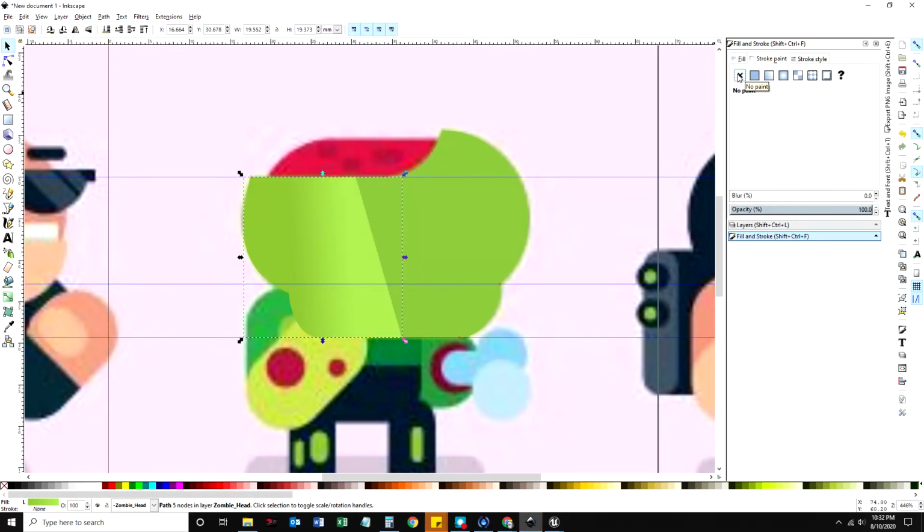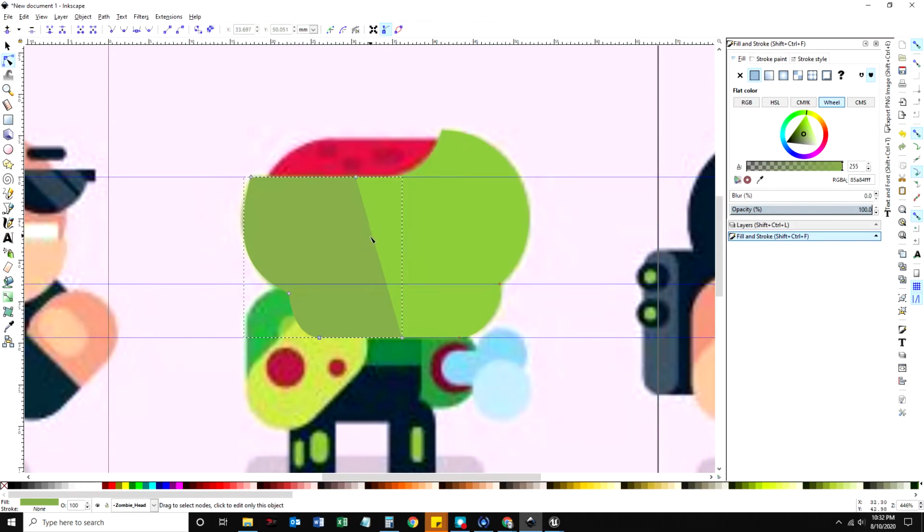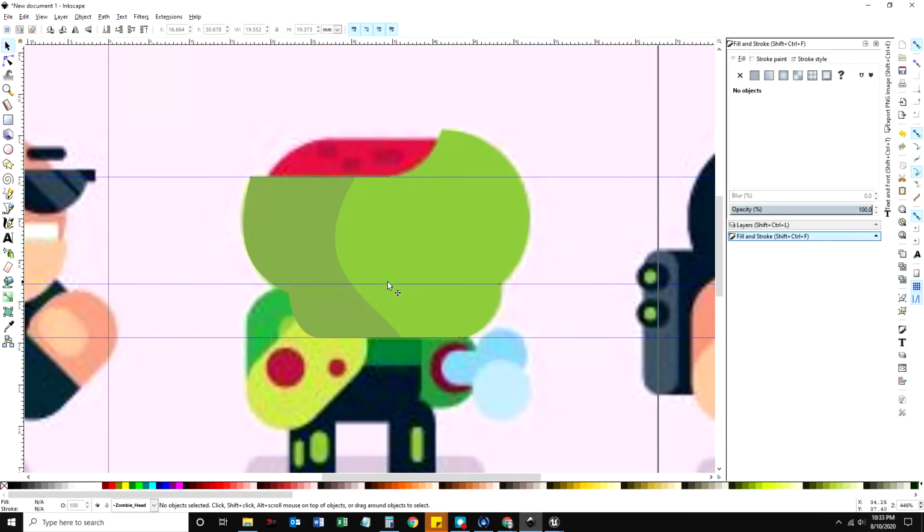Get rid of its stroke. And for fill, I'm going to give it a darker color. And now I'm going to go and kind of use the Edit Paths tool and just kind of make this curved. There. And so now we have, like, you can play with this kind of shadow, but this is a fake shadow